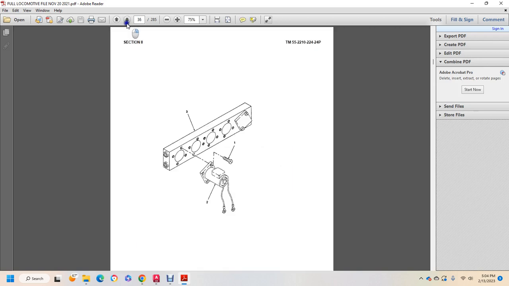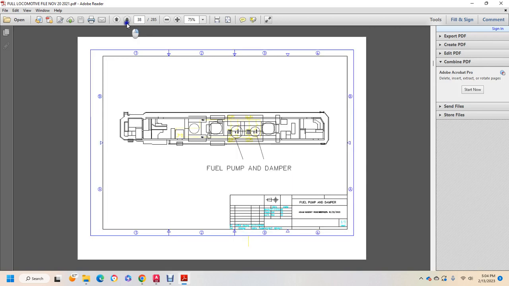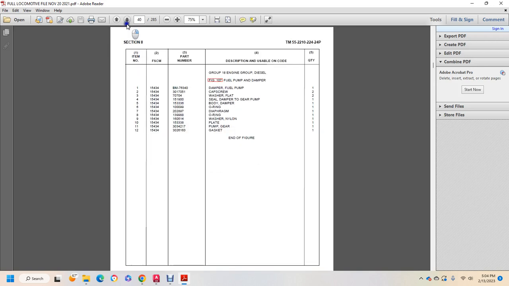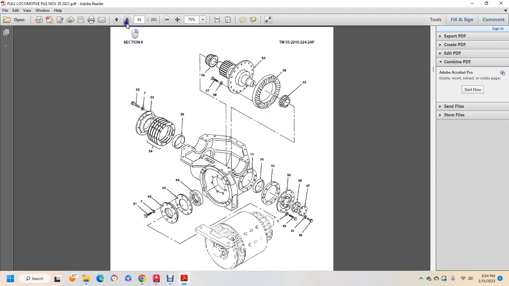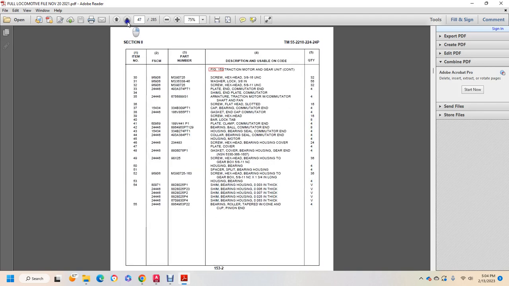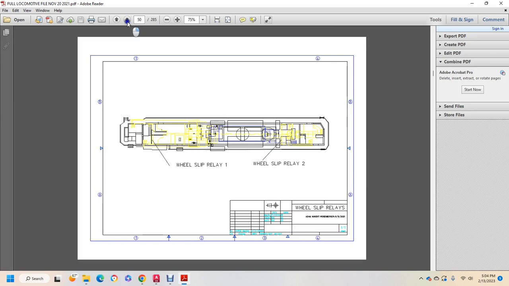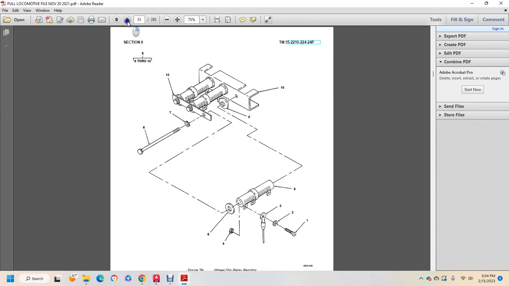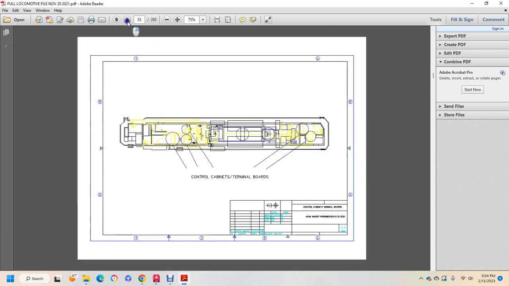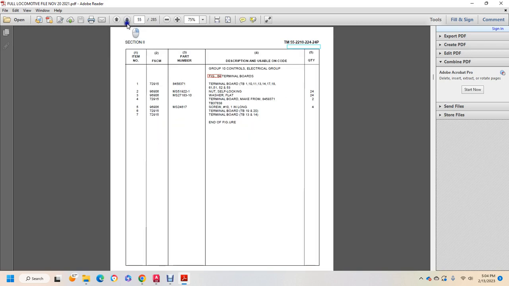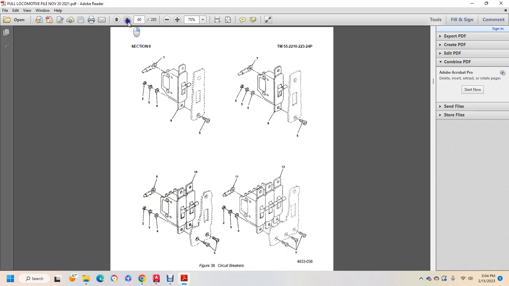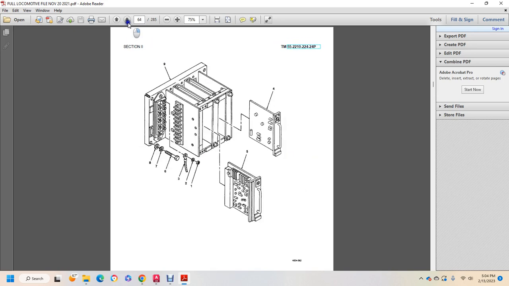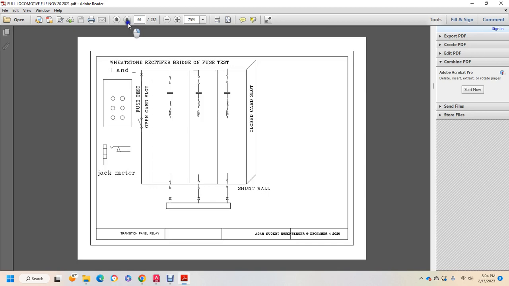Number 1, number 2 diesel engine fuel cells, fuel control solenoids, fuel pump strainers, main generators, traction motor 1, 2, 3, and 4. Shows the traction motor with its NSN part listing. Voltage regulator, wheel slip relay 1 and 2, wheel slip relay resistor, control cabinets, shows the terminal boards, and then it shows different switches for those control boards, a resistor generator field, transition relay, which also goes back to the